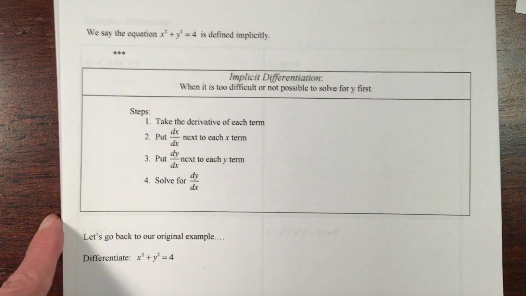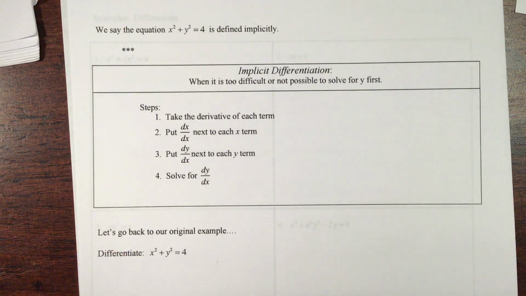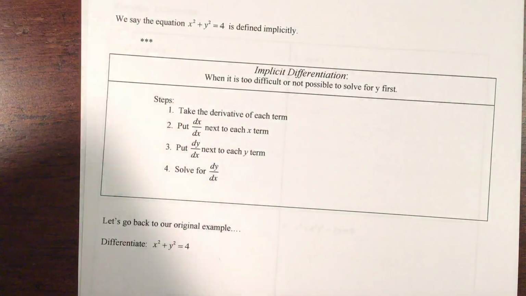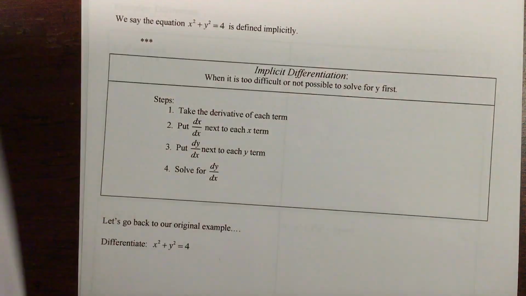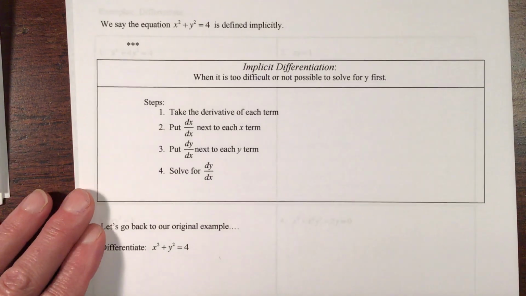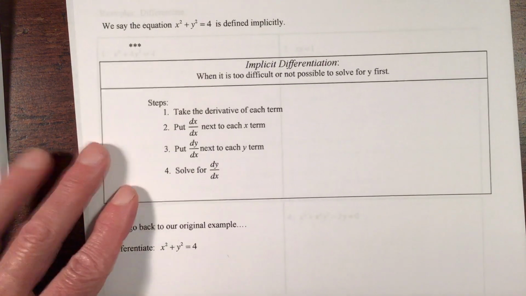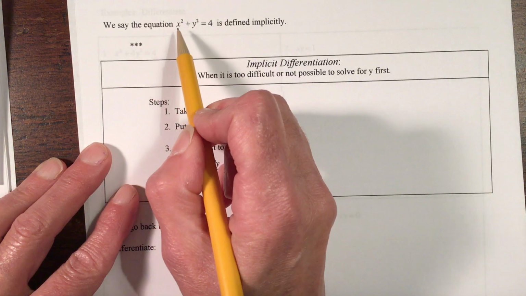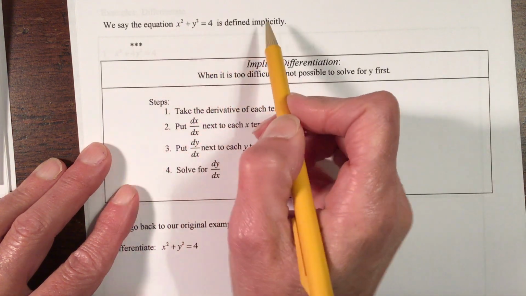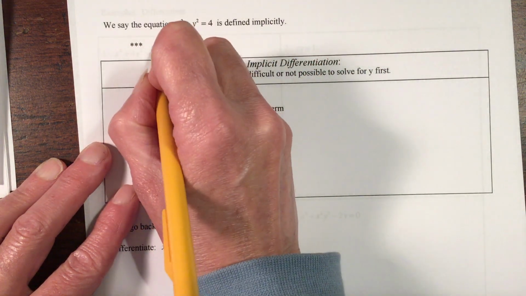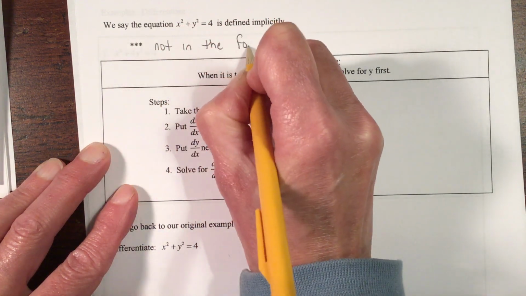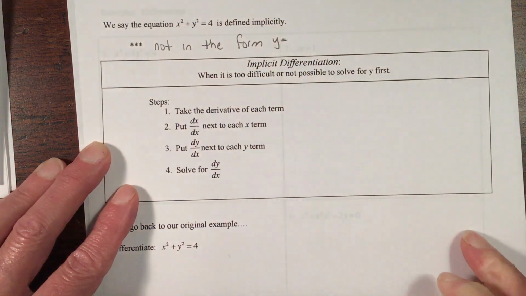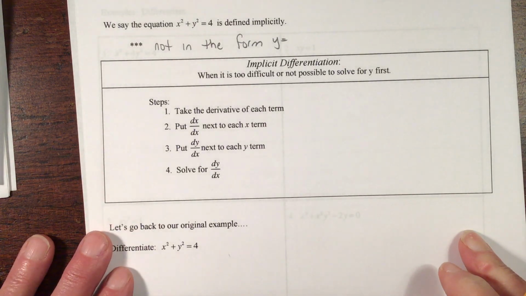So let's just kind of talk about this. Is there a better way to do these types of problems? Yes, there is. Basically, we just need to know some vocabulary. We say that the equation x squared plus y squared equals 4 is defined implicitly. This means not in the form y equals. So if we want to find the derivative, we have to solve it for y, and we saw that was